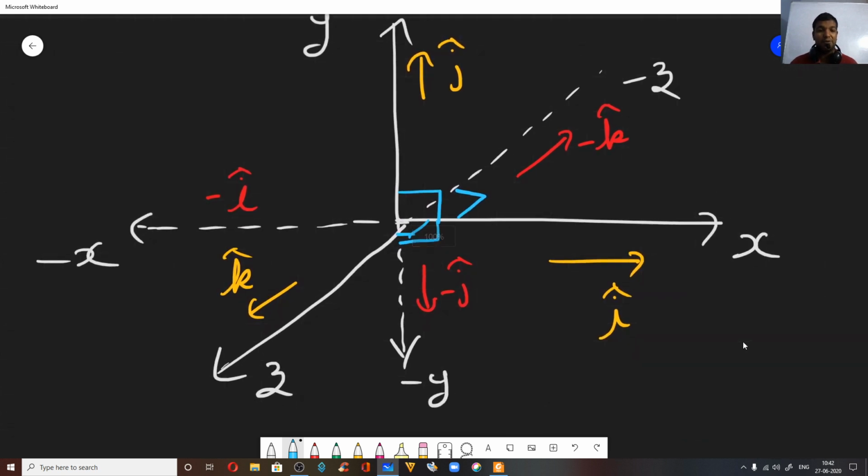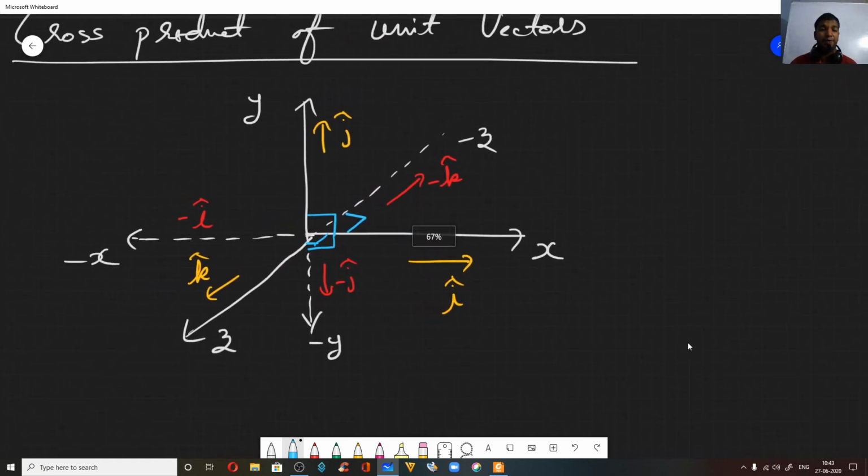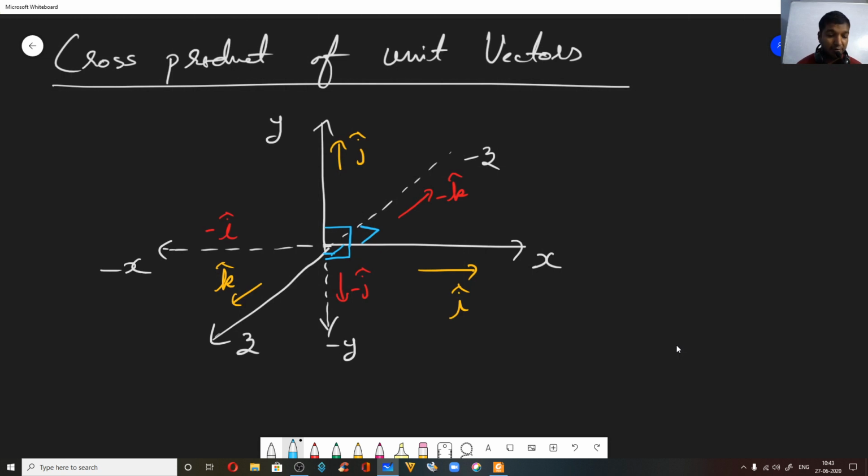A good example is to consider the corner of your room. It is just that you won't be able to see the negative x axis and negative z axis like that. You can simply see the x, y and z axes. Now imagine there are negative x, negative y and negative z axes on the other side. Now if you do i cross j, let us see one by one.